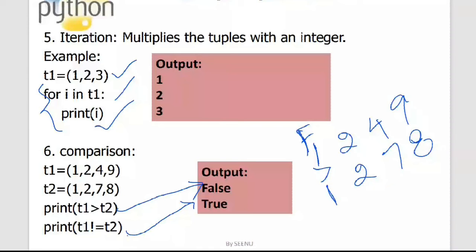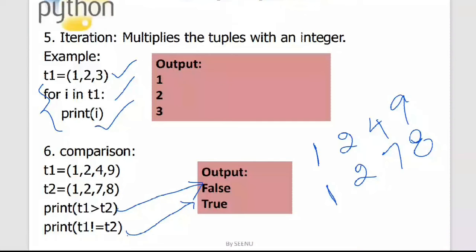Right. Now coming to the not equal to. So what is not equal to? I'm applying not equal to. So here I'm checking whether T1 and T2 are the same or they are different. Because T1 and T2 are different, I'm checking for not equal to. If they're different, if they're not equal, it will return a true. If they're equal, then it will return a false for me over here.